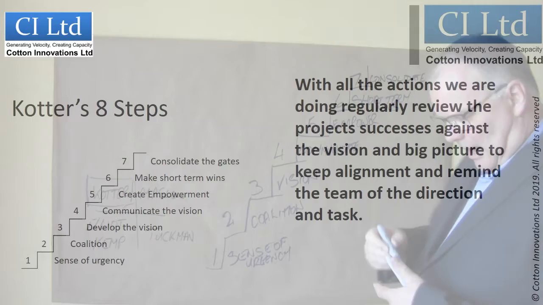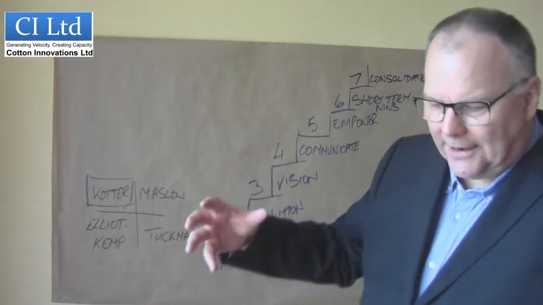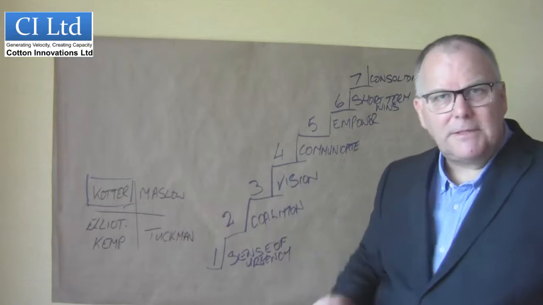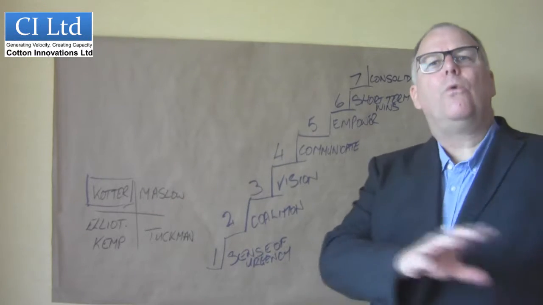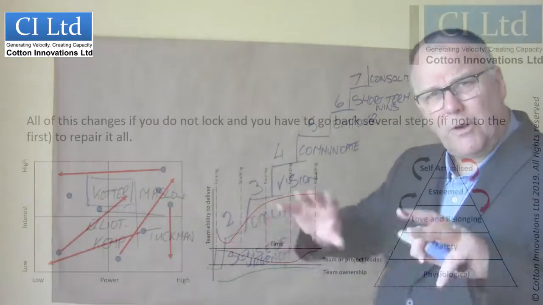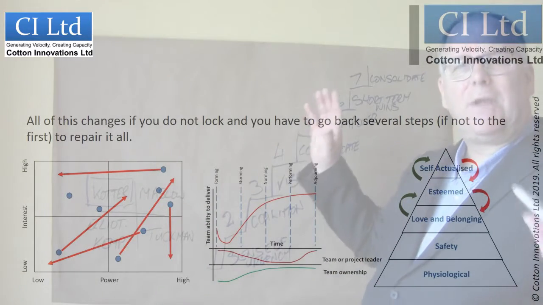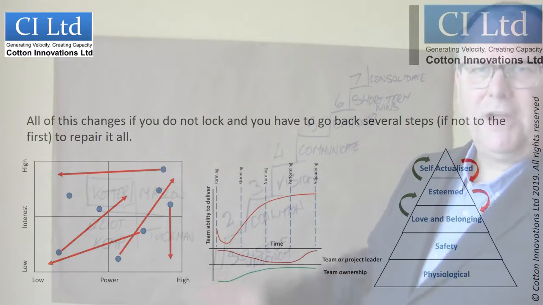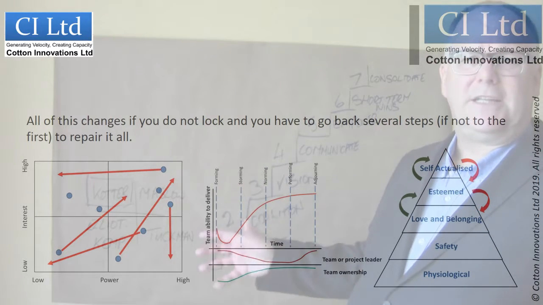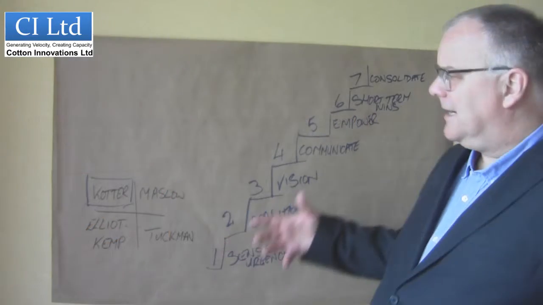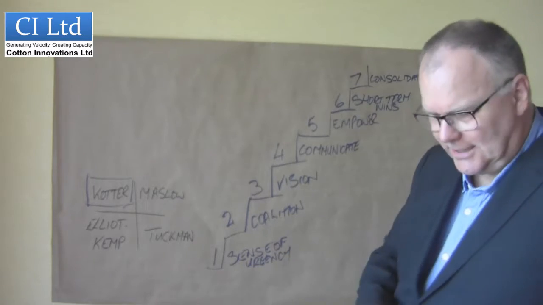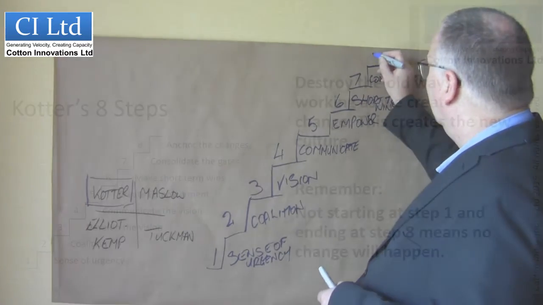Consolidate. I've got to bring those quick wins together and I've got to bring them in a way that fits with the big picture of what we're doing. If people are just doing random tasks and nothing's connected together, all the stuff we talked about in strategy will fall apart. Maslow will fall apart. You'll end up with people going off in different directions. Elliott-Kemp, you'll have too many stakeholder maps to deal with. You'll just be frozen out of any change. Tuckman, people will just get disassociated with the change that you're trying to do, and Kotter's 8 steps will collapse miserably. So you need to make sure we're consolidating those changes. And then finally,